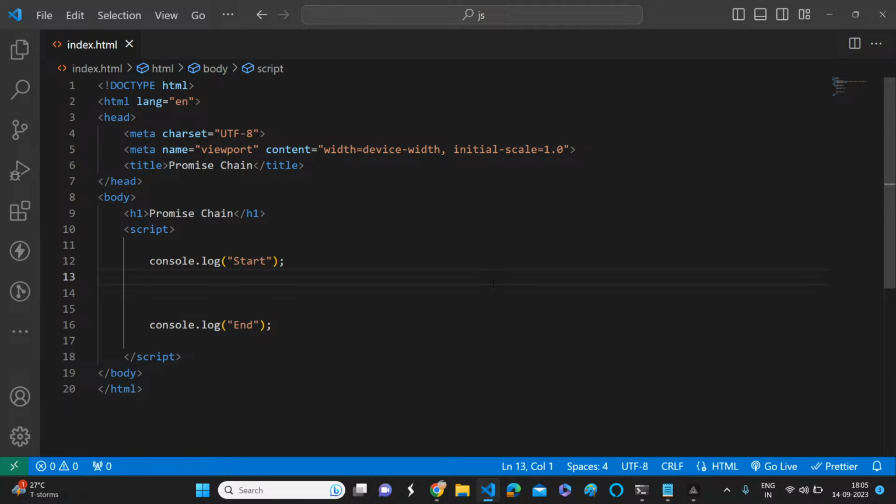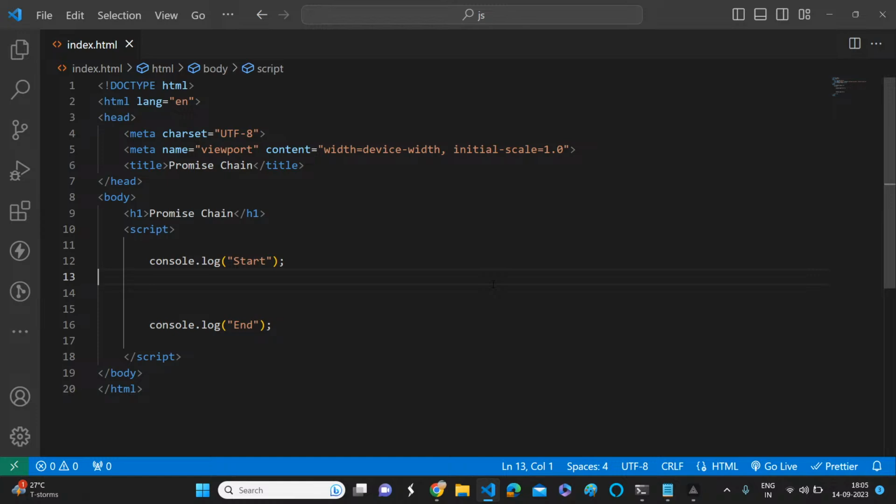Good evening, and in this session, we are going to understand what a promise chain is and what the problem with the promise chain is. Because there is some complexity in writing a promise chain, there is another alternative called async and await. If you want to understand async and await, we should first understand the problem with the promise chain. And to understand what a promise chain is, first we should build one.